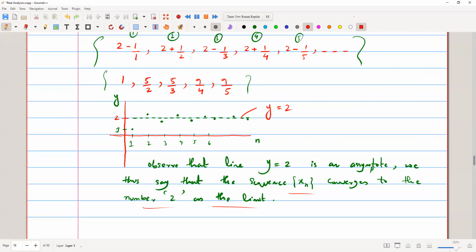Because as we move towards infinity, we are going nearer and nearer to 2, and we can see here in this case that it is 9 over 5. Then, if we want to get the next term, it will be 2 plus 1 over 6, that is 13 over 6, and we are moving closer and closer to 2. Okay, so